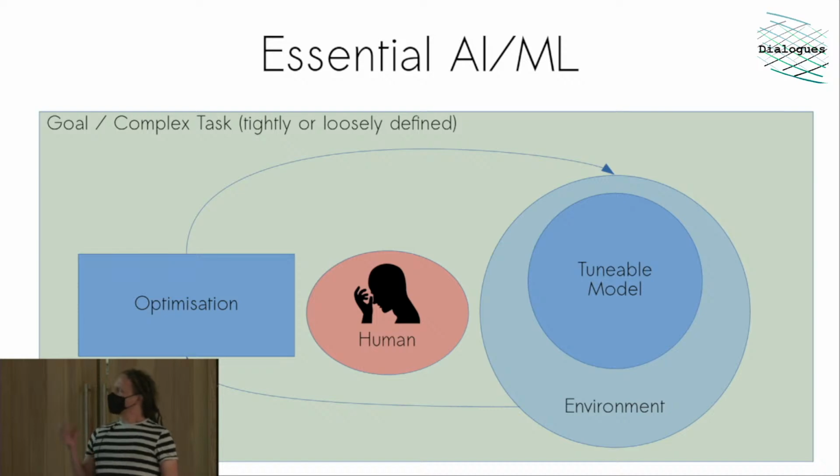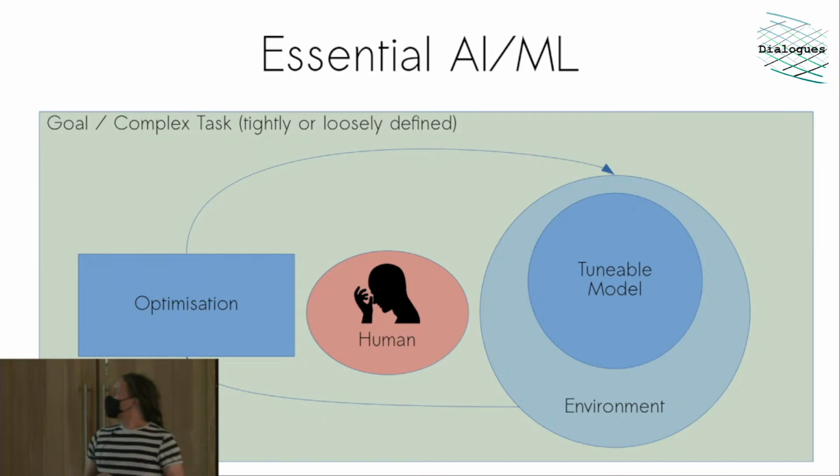So firstly, we've got a human involved. A human is very, very important in machine learning. That human is face palming because I'm sure we've all had this experience using machine learning that it's really difficult to use sometimes, but it's also very rewarding, and that's why we persist with it, because there's some magic in there. There's something really amazing that can happen when you get things right, when things align properly.